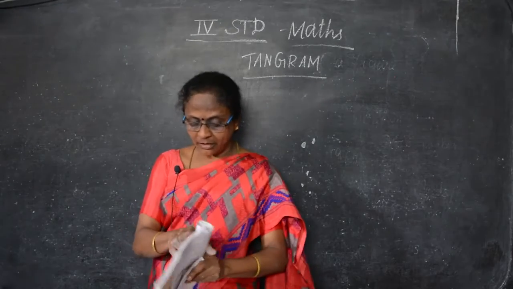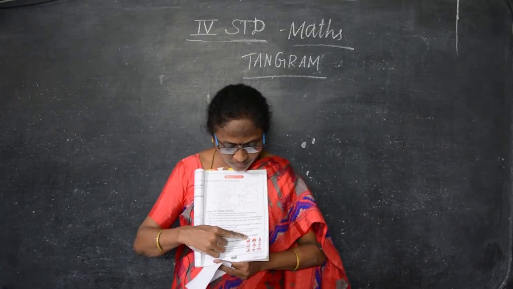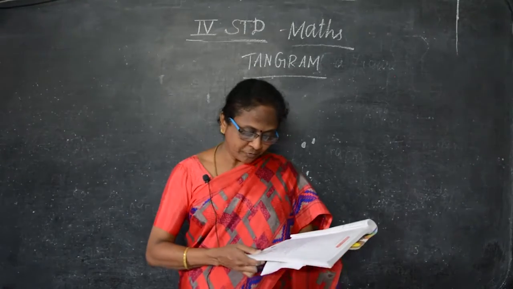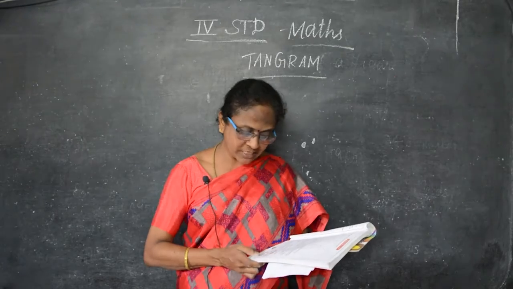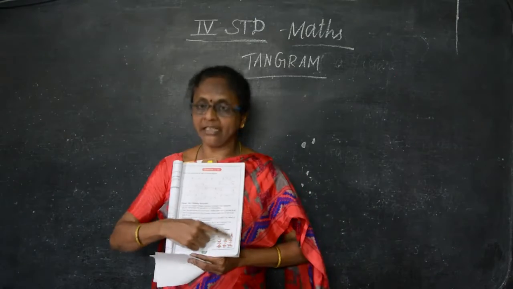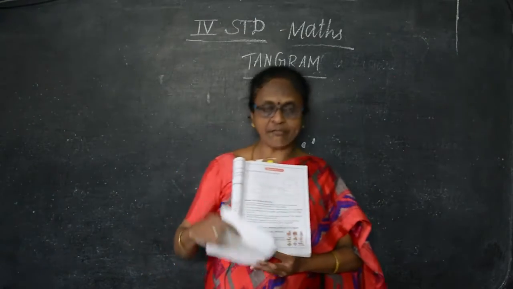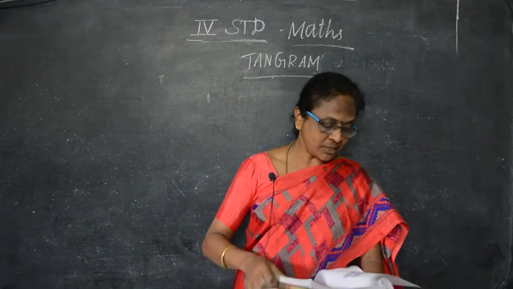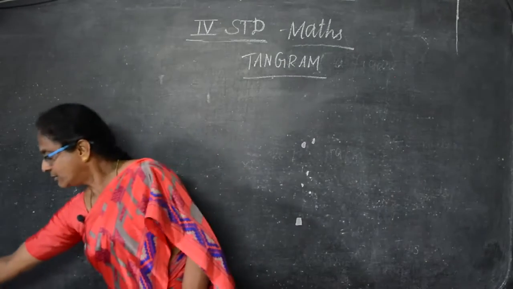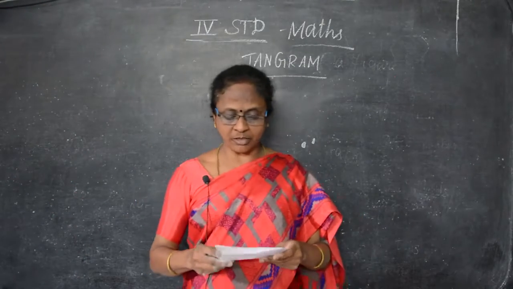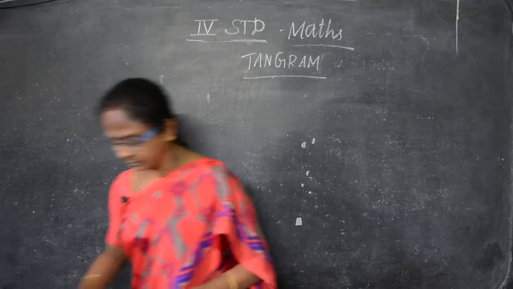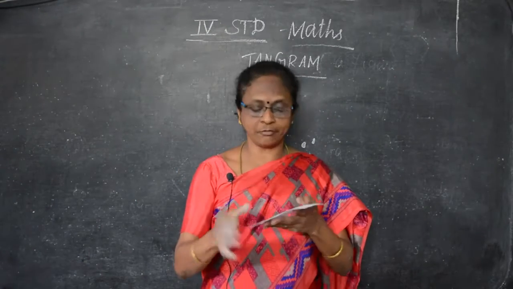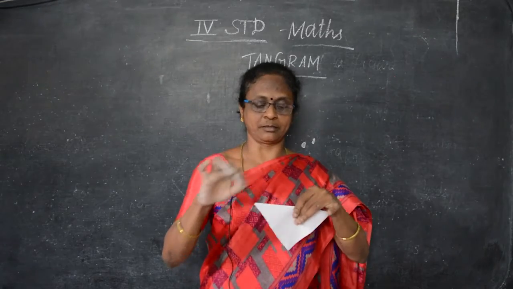Like this. See, here they are given the house, candle, helicopter, ship, rocket, boat, fish and horse riding. All the pictures are given here. In this picture, you can use these 5 tangrams or 7 tangrams. First let me tell you how to do the tangram on your paper. Just take one square paper. First I will explain the 5 pieces of the tangram. Just take one square piece of paper and fold it like this.